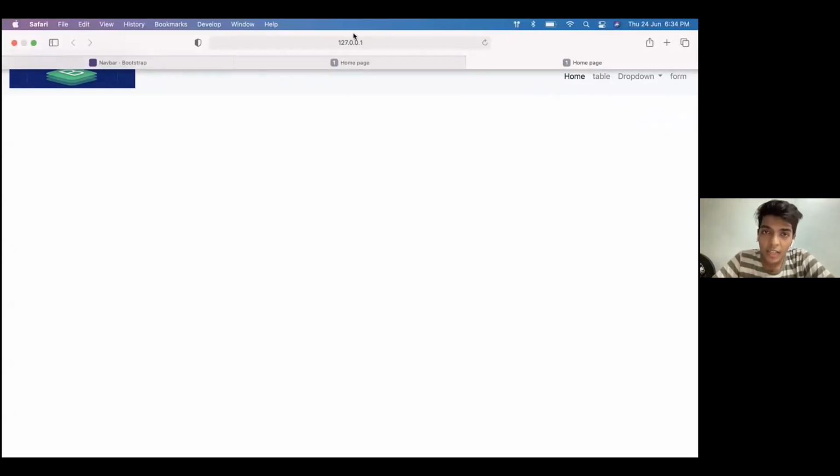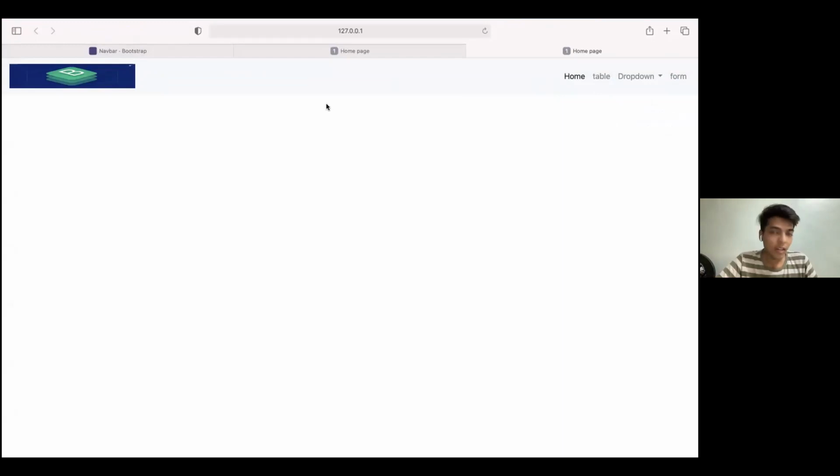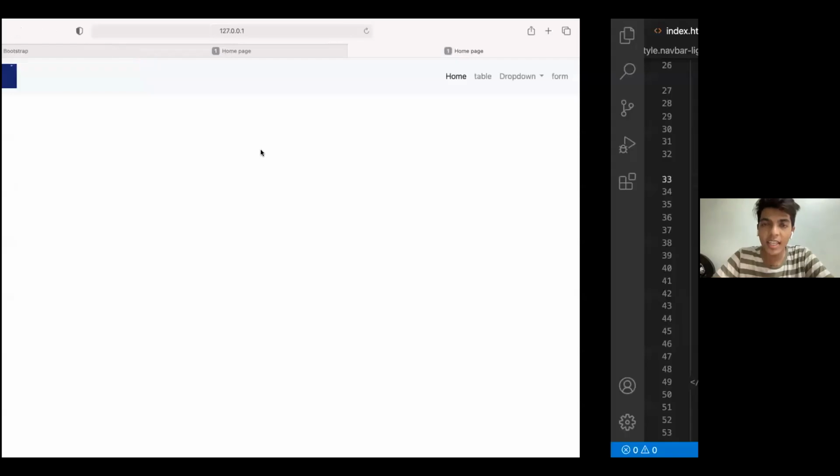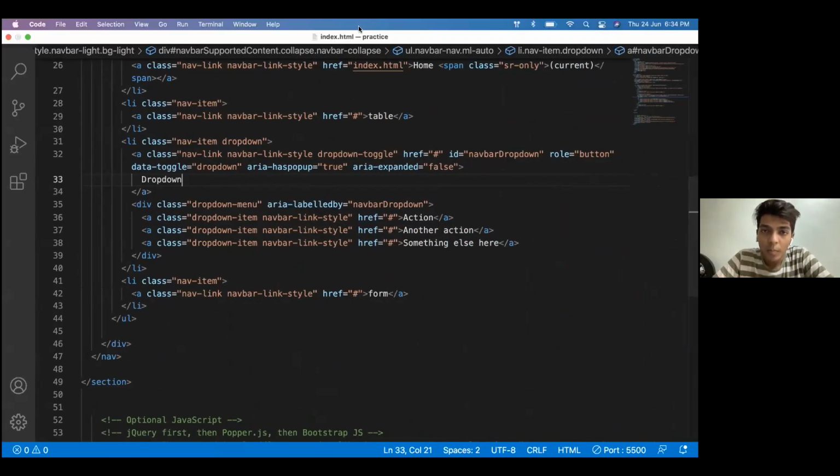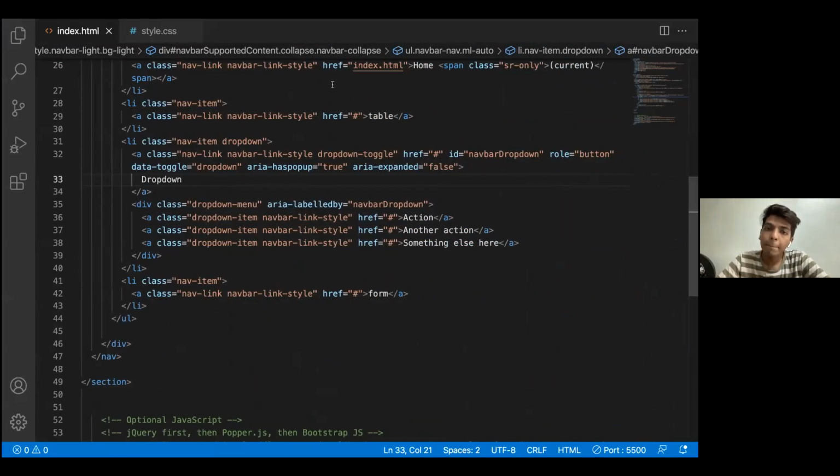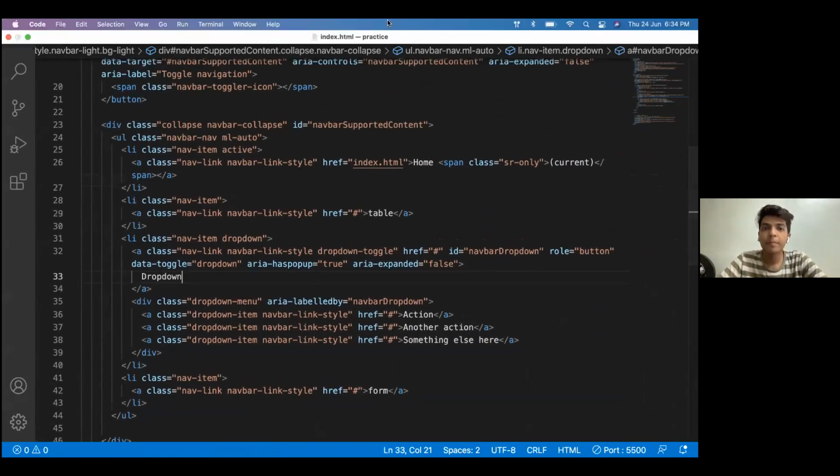So if everybody is okay and right up till now, everybody has completed the things up till now, we'll be classing out the nav. We'll be styling out the navbar in the CSS now. A couple of yes would do. If you want me to wait, I'll just wait. Just tell me.